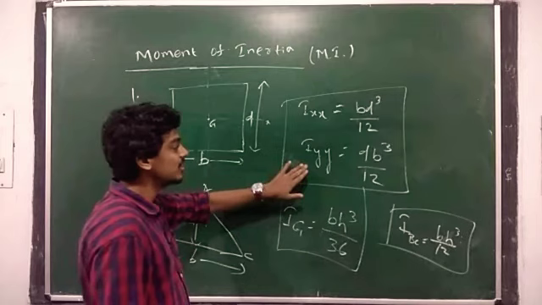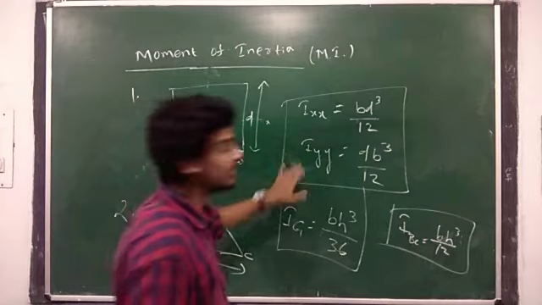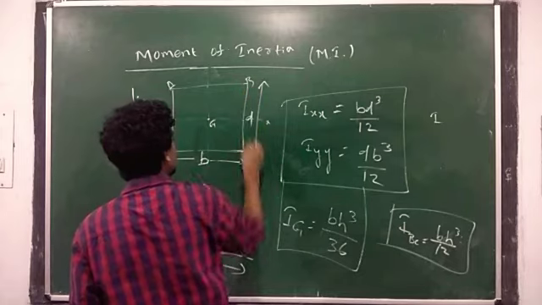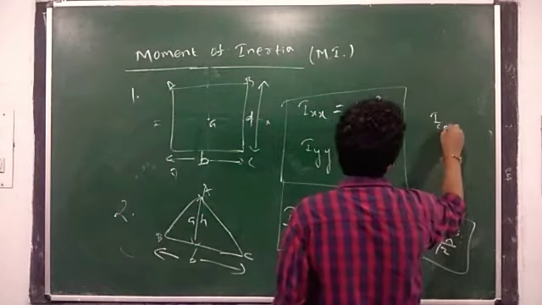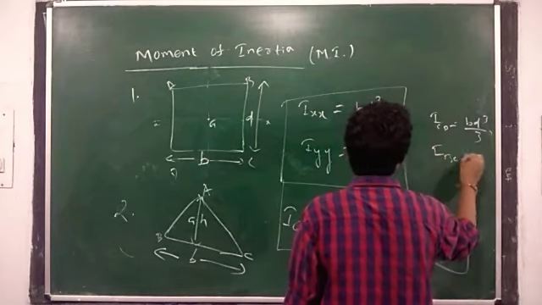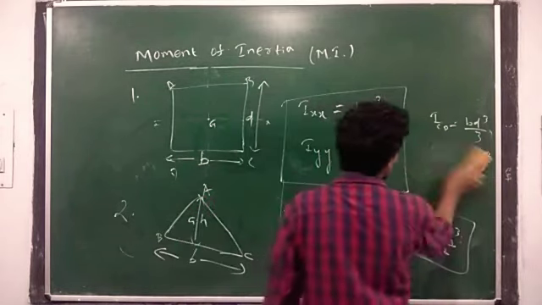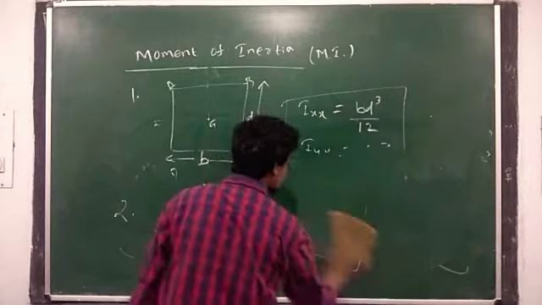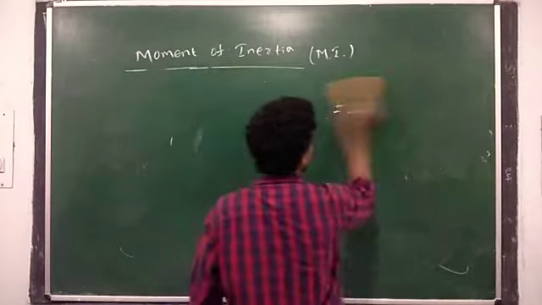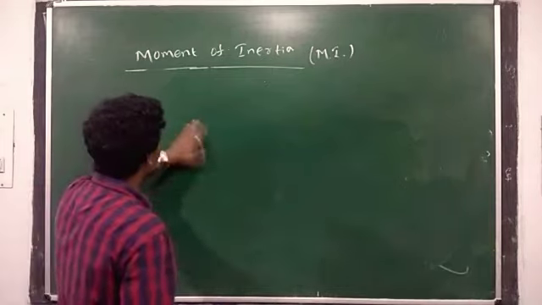Same case here also. If someone will tell along the base, that will be BD cubed by 3 and DB cubed by 3. That no need to go, but still I am writing here. Along base, suppose A, B, C, D. So I_CD will be BD cubed by 3 and I_BC will be DB cubed by 3. But this has no use. Always it will be asked along our centroidal axis. No need to calculate along the base. Always the centroidal vertical distance and the centroidal inertia will be used.